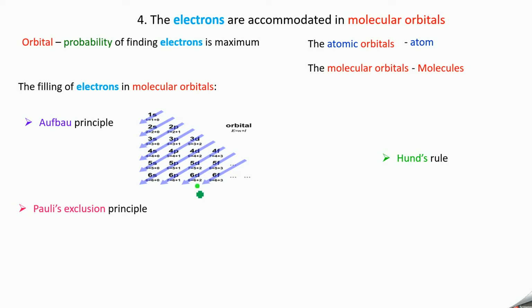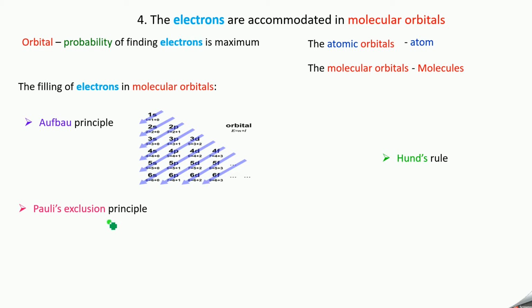In this way, this Aufbau diagram is framed, and you follow this Aufbau diagram for filling up of orbitals in atomic structure, that is, in atomic orbitals. But here in molecular orbitals, you have sigma 1s, sigma star 1s, pi 2px, pi 2py. In this, the orbital with lower energy is filled with the electron first, and then you go to the orbital with higher energy. So this is the case with the Aufbau principle. The next we have Pauli's exclusion principle.